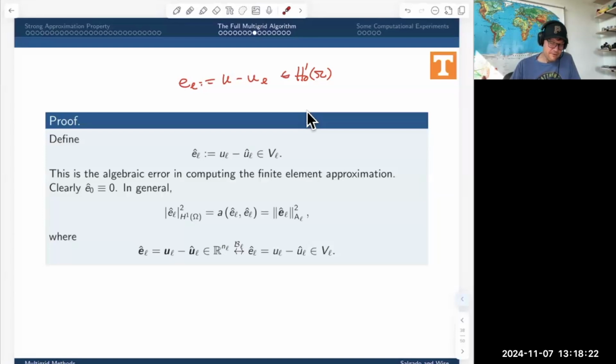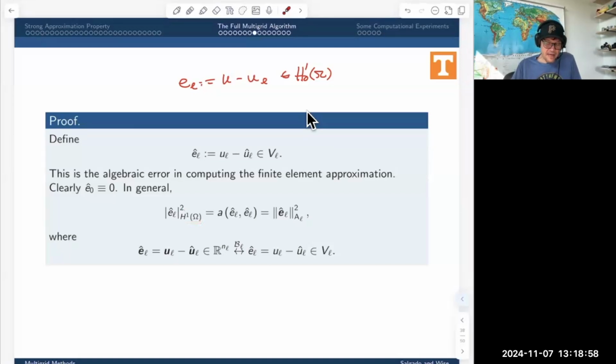You're always going to have some round off error. In any case, we have something more than round off error because we're using this iterative process. We have something we're calling the algebraic error. Now the algebraic error is clearly 0 on level 0. That's because we're going to assume that we use exact arithmetic to invert the stiffness matrix on level 0 and get the true solution. Now, we can measure this algebraic error, EL hat, in the H1 seminorm, which, let's square